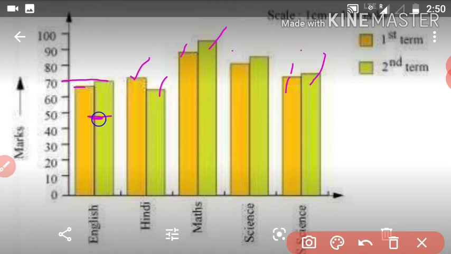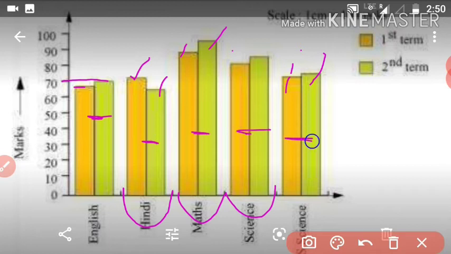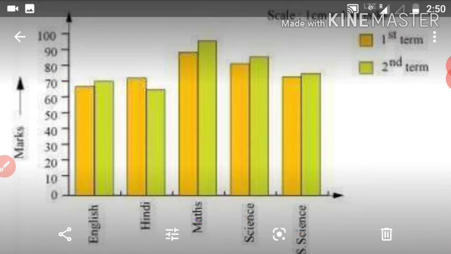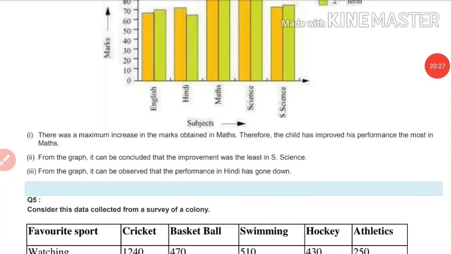So for double bar graph you have to join these two graphs, okay, and you have to give some space, and this space should be what? Equal. All this space should be equal and this should be what? Joined. Okay, this should be joined. This is called double bar graph. Now come to our question answer.